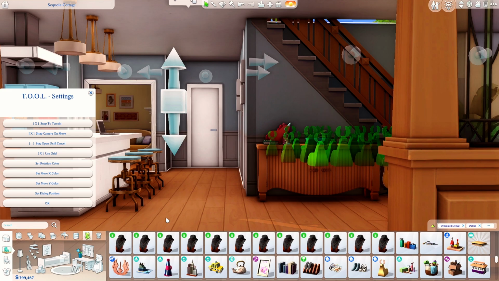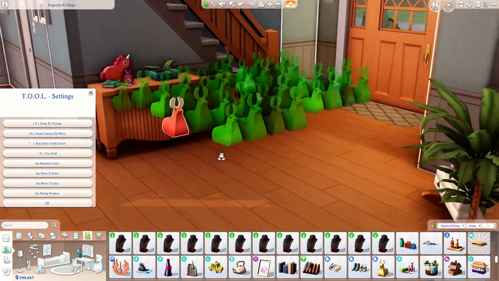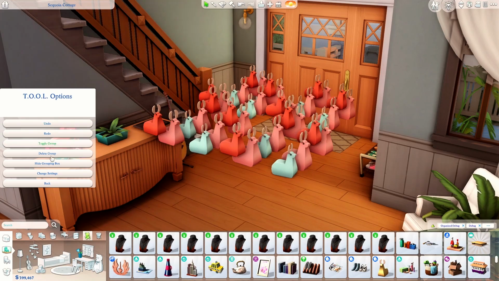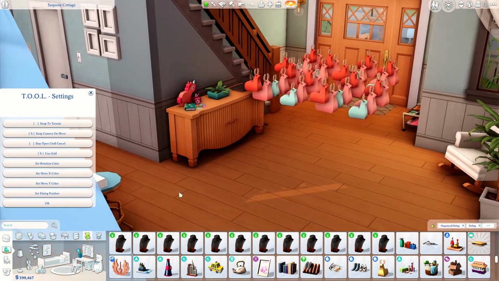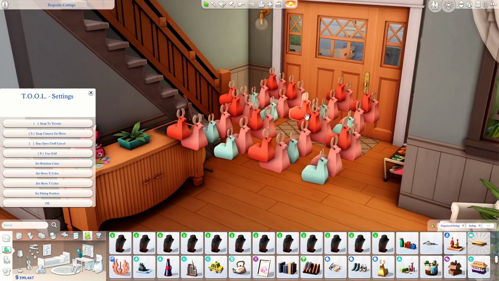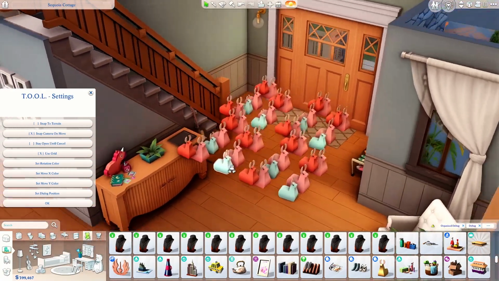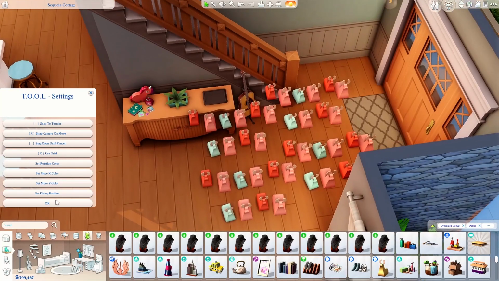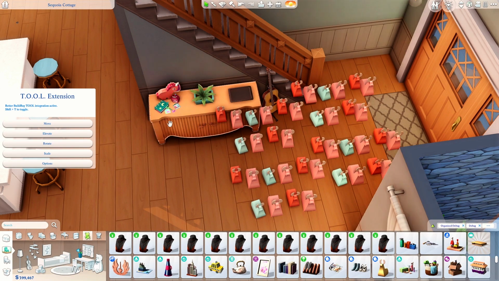And this is not ideal at all. This is not what we want, right? It could be something that you want. So in order to make sure that that doesn't happen anymore, you'll always have to make sure to turn off snap to terrain when you're trying to move things across a room or something like that, especially a formation like this. But yeah, I think that's basically the gist of every single thing that would help you understand the basic